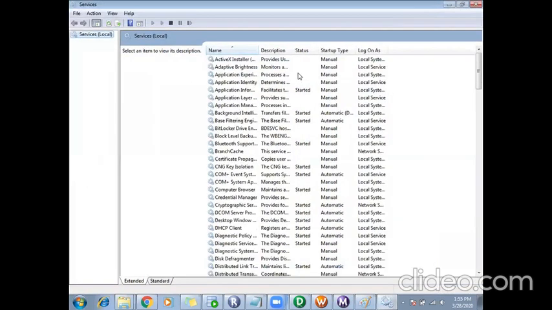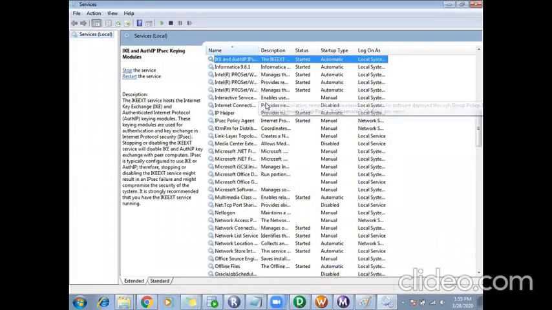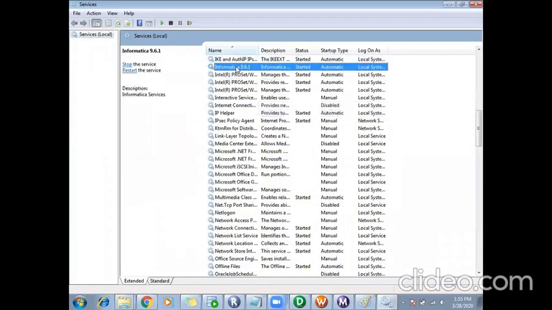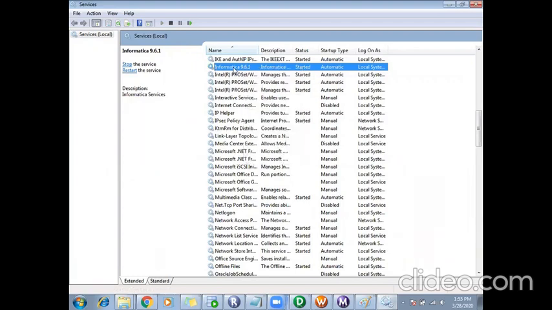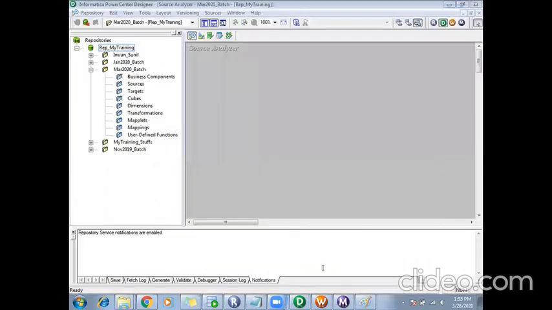In the name column, press I, and it will take you to Informatica. Here you check whether the Informatica service is started or not. In case it is not started, right click and say start. Only when your Informatica services are in running mode will you be able to connect to your repository. If you face any issue while connecting, go and check in Services whether the Informatica service is running or not. If it is not running, right click and run it.